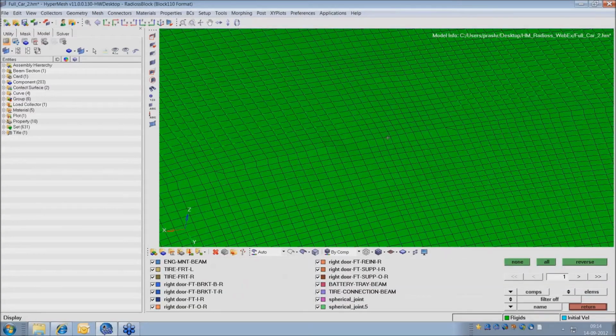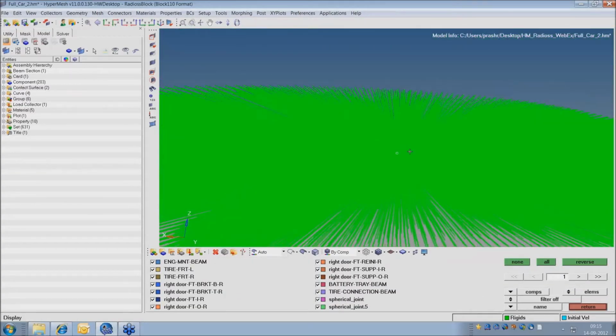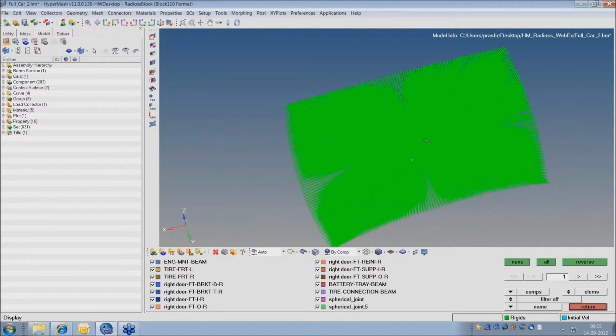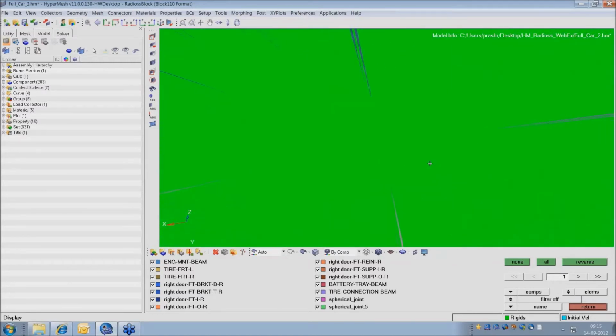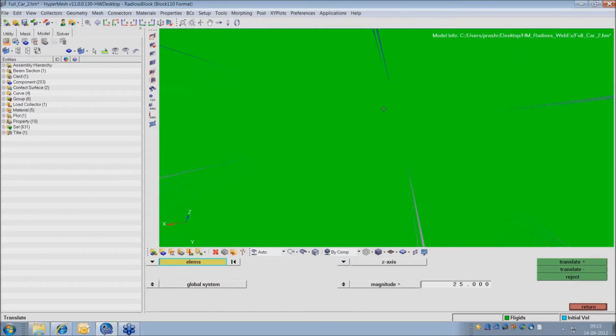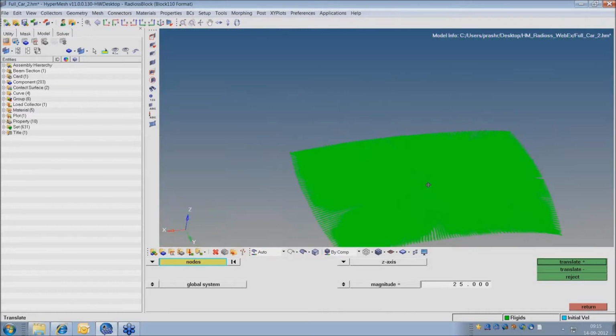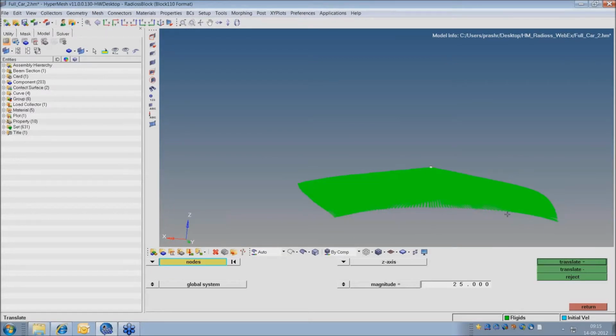I created a rigid here, but it is very difficult to make out the master node now. So what I'm doing is just go to maybe very fine. One node. Okay. Now I moved the node.